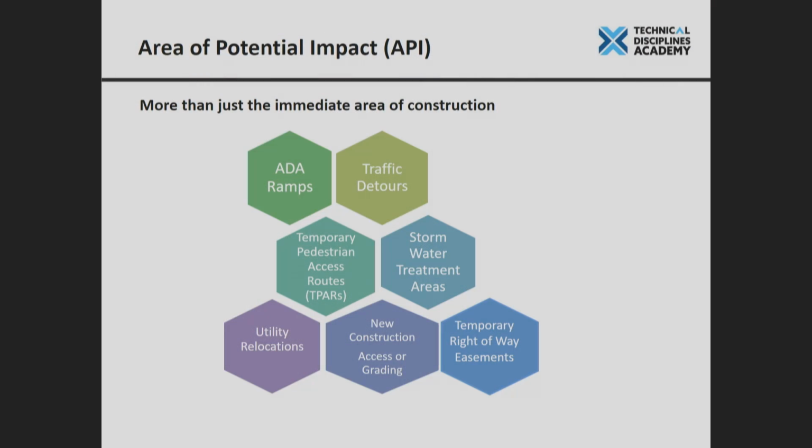Utility locations. Generally, there are utilities located in our highway right-of-way. They may be crossing or somewhere in that area, and they might have to be moved. So we have to keep that in mind. During construction, we have to pay attention to access and grading. It's not just the width of the highway that we're working on. If it's on a fill, the embankments may go way out to the side, and that also is the area of impact.